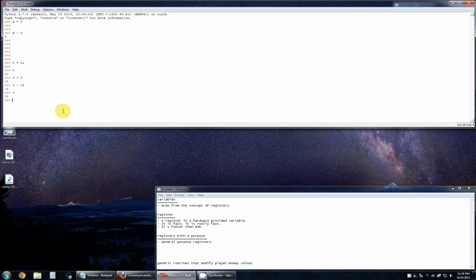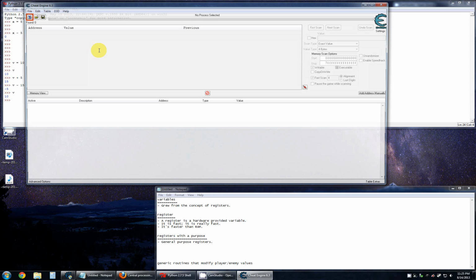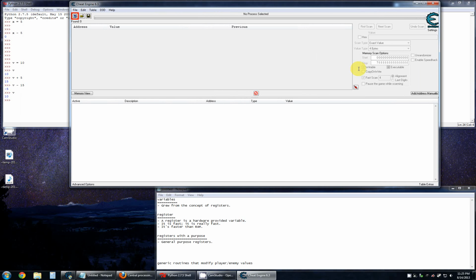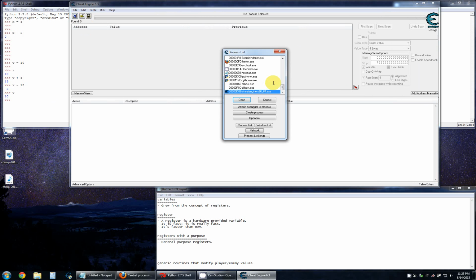But this illustrates in a somewhat clearer way, certainly relative to the previous video, what the relation is between basic arithmetic operations in any programming language and how they are executed in assembly. It's not a one-to-one mapping, but having this general mapping between these operations and how it shows up as assembly in Cheat Engine,